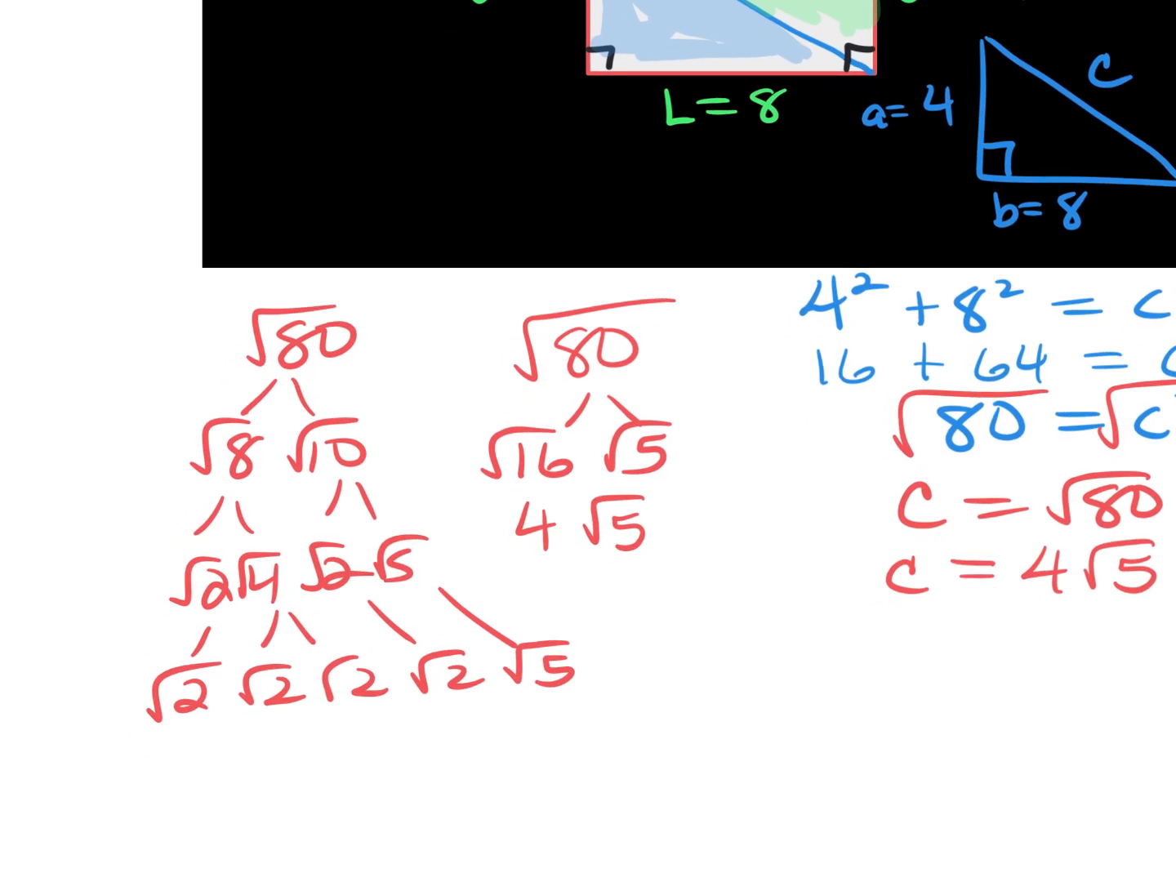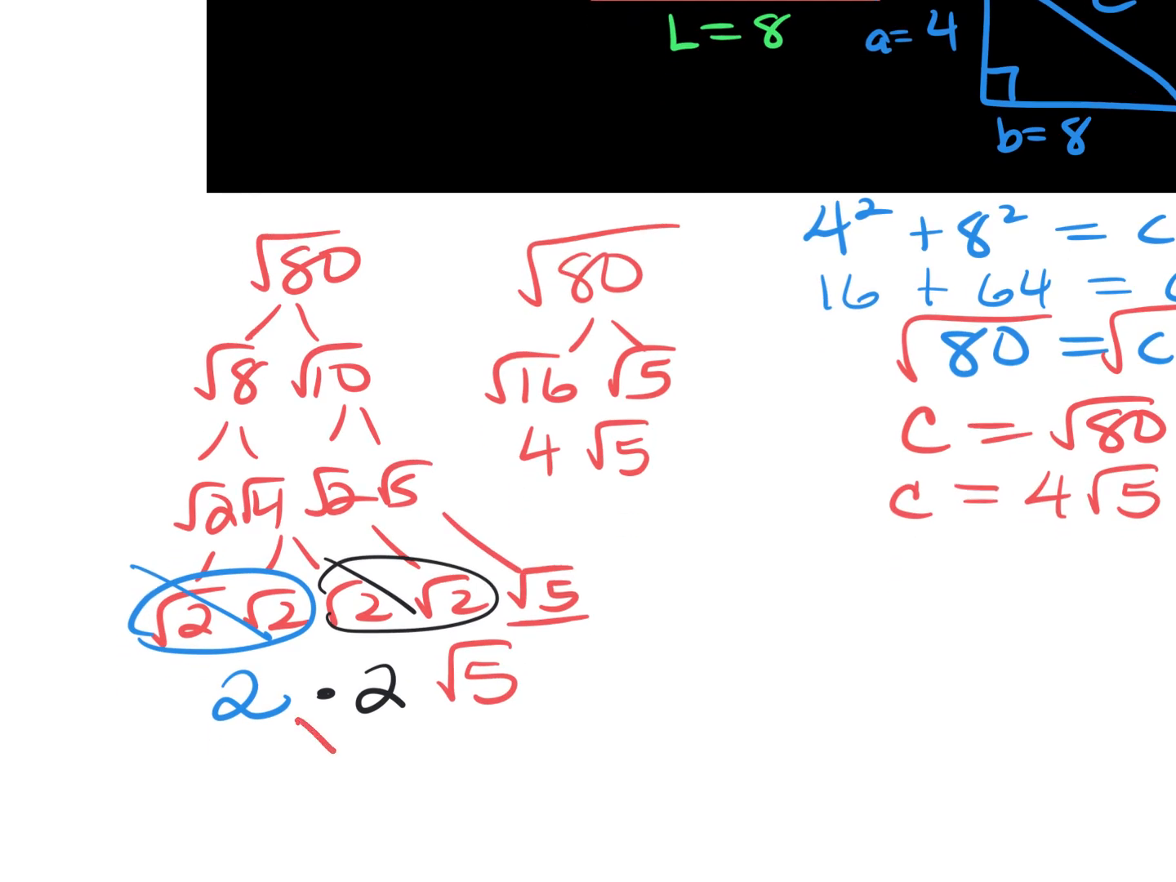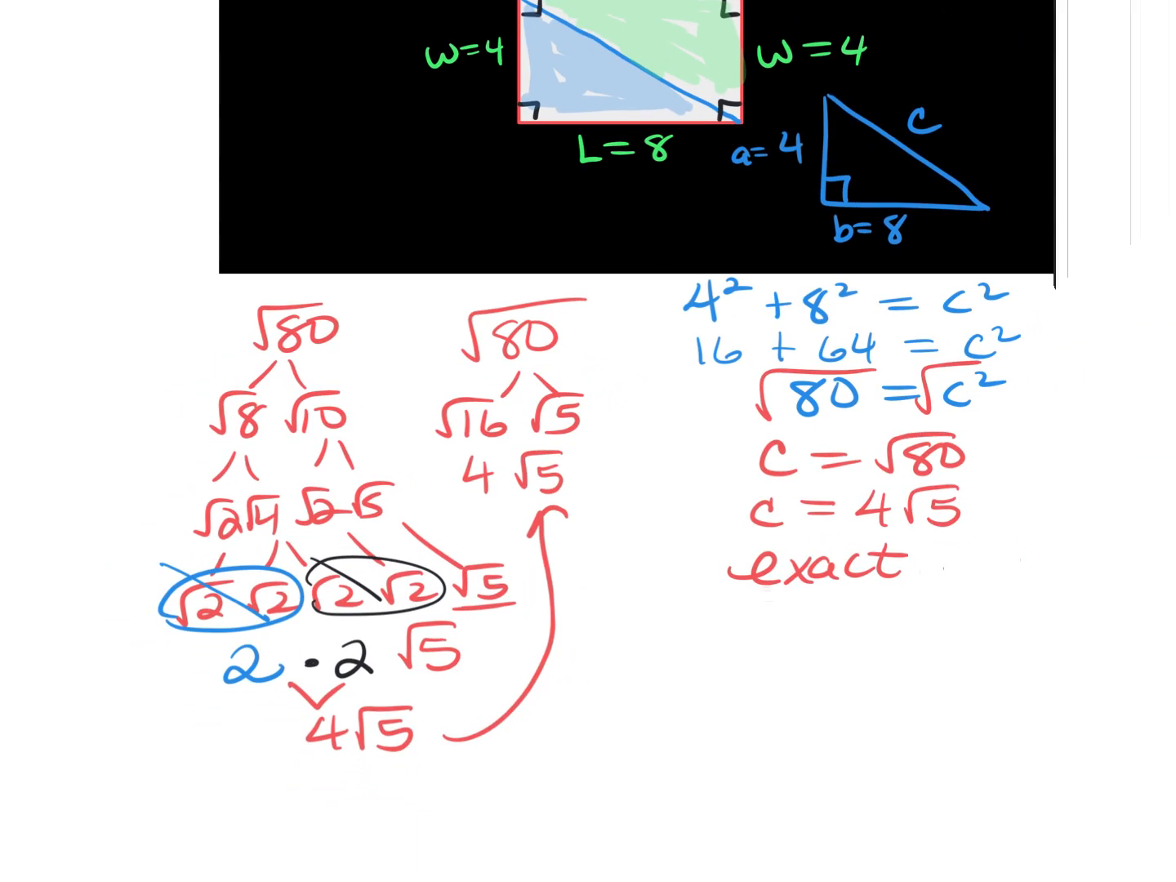Now I go back and look for pairs. I have a pair of 2's here, so a 2 comes out of that. I've got a pair of 2's here, a 2 comes out of that. Nothing to pair with this 5, so it stays underneath. All the numbers that came out get multiplied back, and notice it's the same answer I got when I did 16 times 5. Now, this is the exact answer, but let's say instead it said find the length and round